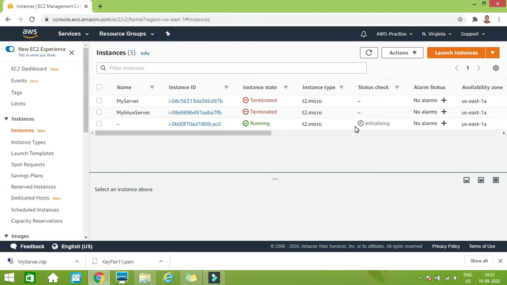Now for that we need to have PuTTYgen installed with us. So PuTTYgen is used to convert our PEM file to PPK file, and then Putty is used to use that .ppk key file and connect to our instance. If you don't have Putty and PuTTYgen on your machine, you can download them, and you can go to my video to see how to install Putty and PuTTYgen. So here I am simply using PuTTYgen and Putty to connect to our